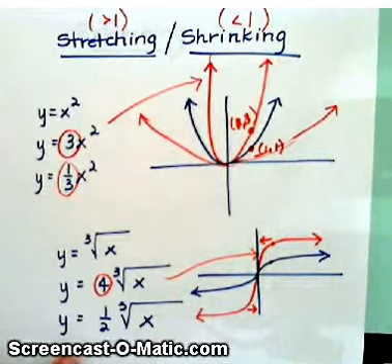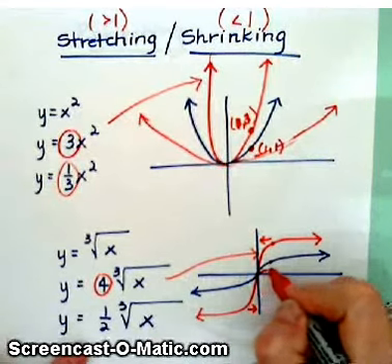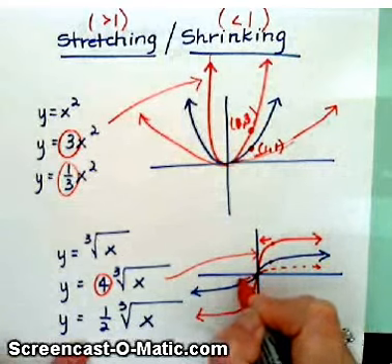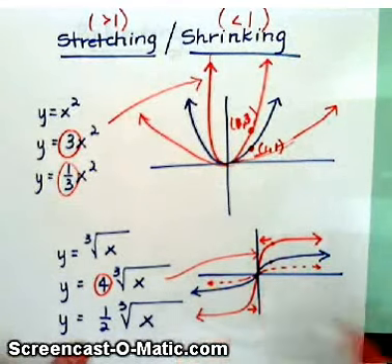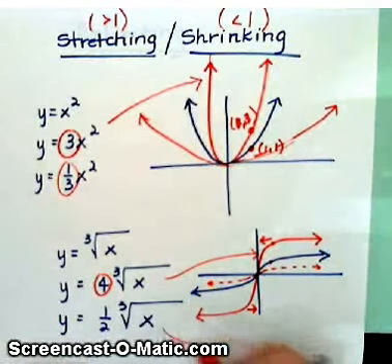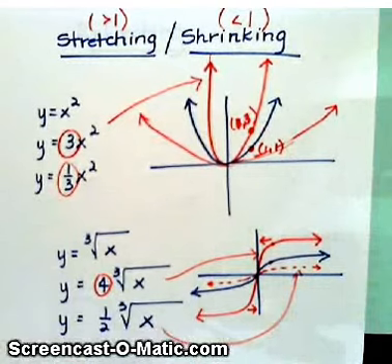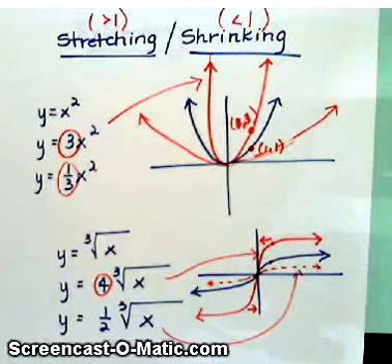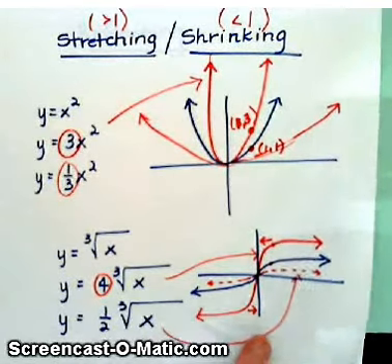Now, if you want to flatten him out, I'm going to dot that one. It would look kind of like this. Draw him toward the x-axis. So that would be the flatter one. So this is the stretch and the shrink, a multiplier in front of a graph. Okay, so we've vertically shifted, we've horizontally shifted, we've stretched, we've shrunk. Now the last thing, let's talk about